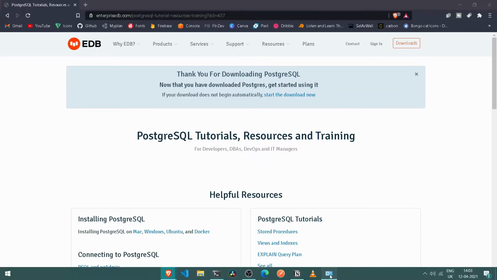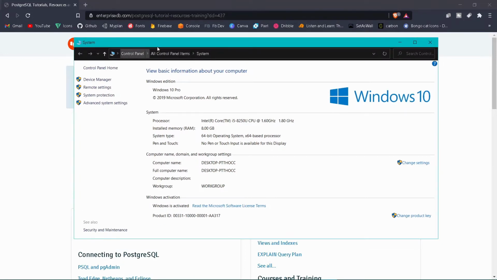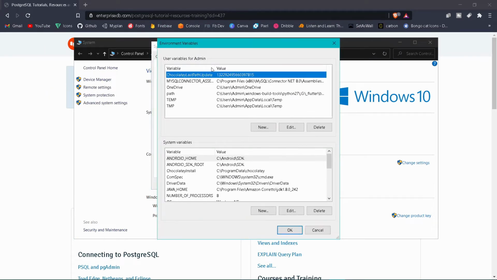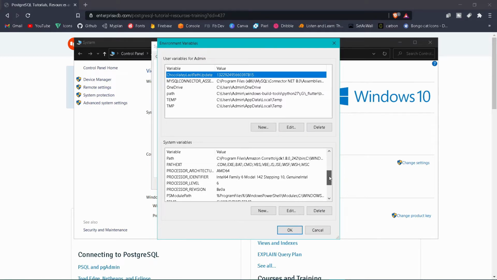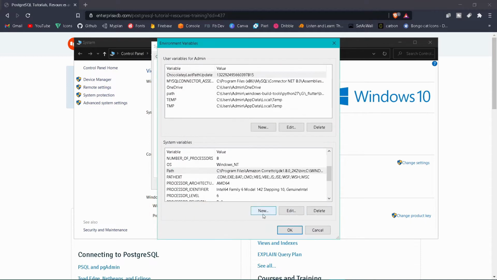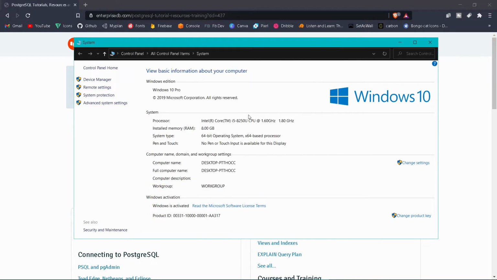You can go under the environment variables of your system: to the control panel, under the system, move under advanced system settings, and then move under environment variables. Under the system variables you should be moving under Path, and under Path you should be getting the following two paths of Postgres where you have installed it, that is the path of bin and also the library. You need to paste both of the following paths of bin and library under the system variables, so that all of the following things shall be working through our terminal.